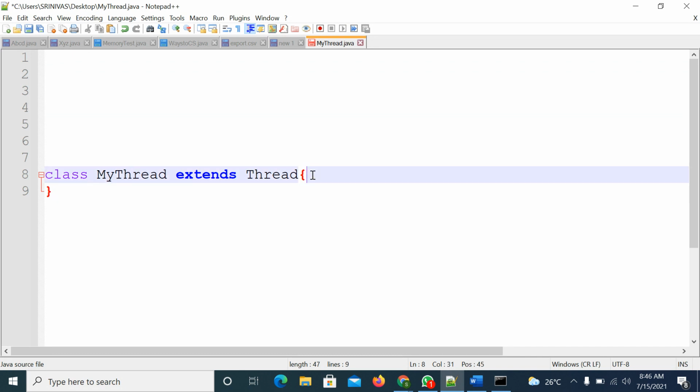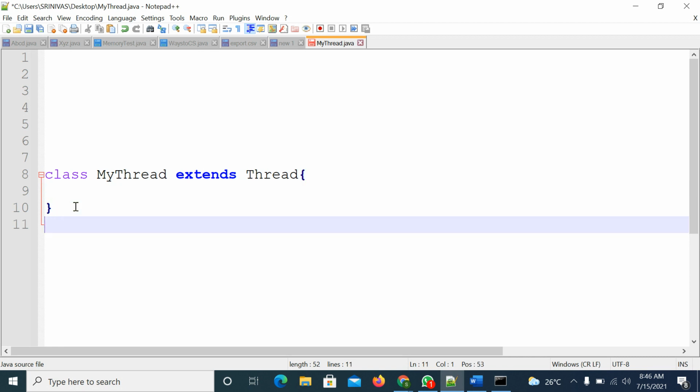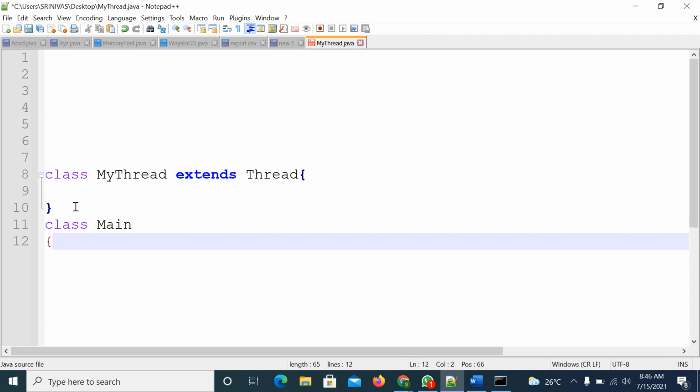From where will I create the threads? From the main method. For that I am writing one more class, that is the main class.